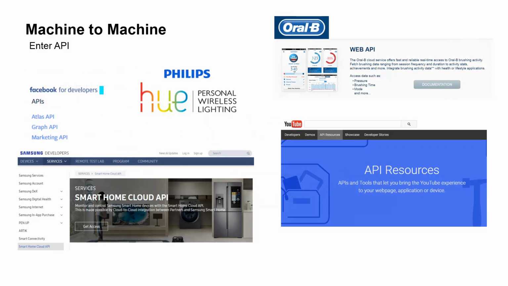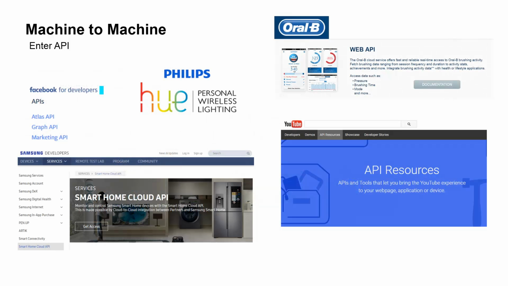Also, we've got the development of smart homes with more devices. Devices in our homes, such as washing machines and fridges and things like that, TVs especially, have been running software for a long time. But this kind of interconnectedness that we're seeing today with smart homes and home automation is because these devices now have APIs on them. You can see here the Samsung developer program, the Smart Home Cloud API. So we've got devices that Samsung are producing that have APIs on them, and you can learn how to interact with this API.